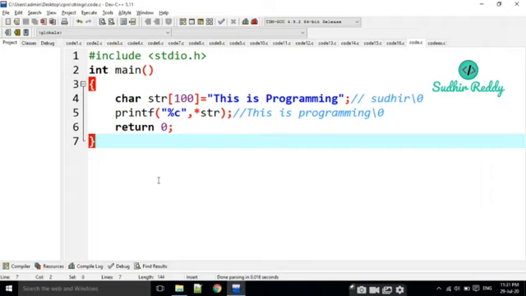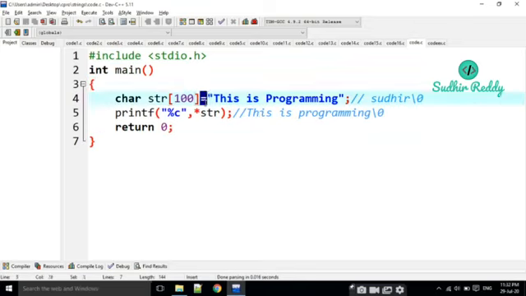That's why there is no problem whether it is an integer or a character. It is applicable to both specifiers, %c and %d. Now this is the reading at the time of declaration and printing the values.